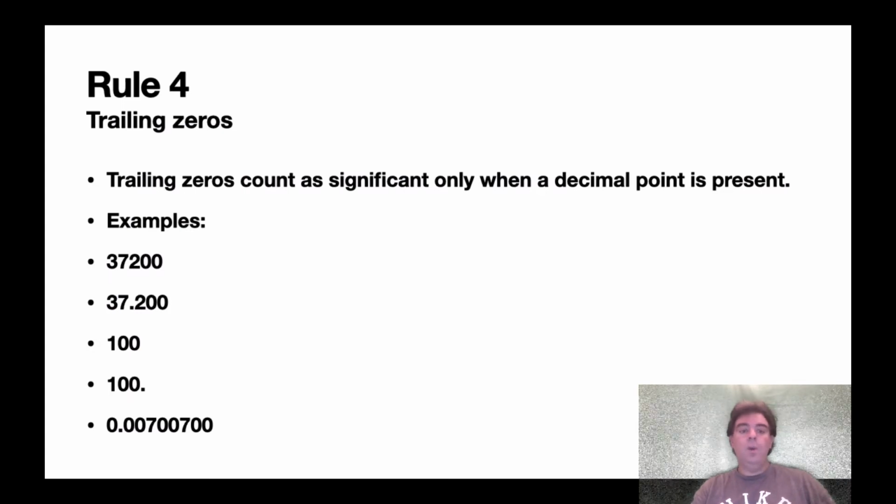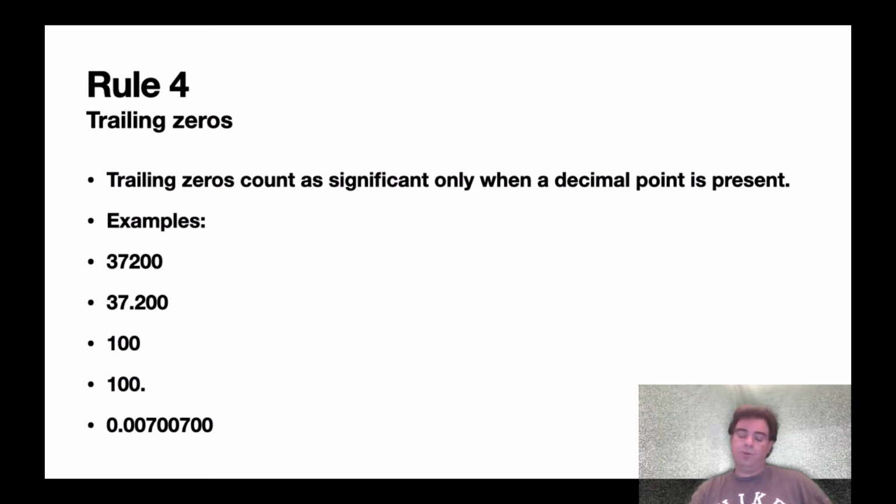And finally, we go on to rule number 4. These are trailing zeros. Trailing zeros count sometimes. Trailing zeros count as significant only when a decimal point is present. It doesn't matter where the decimal point is as long as it is present. So now let's look at